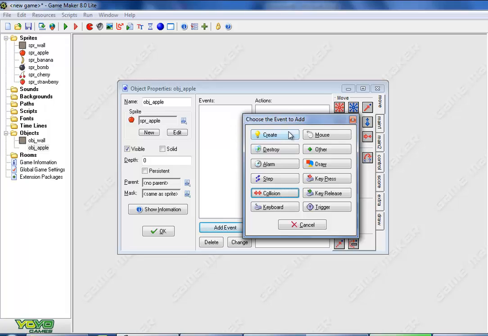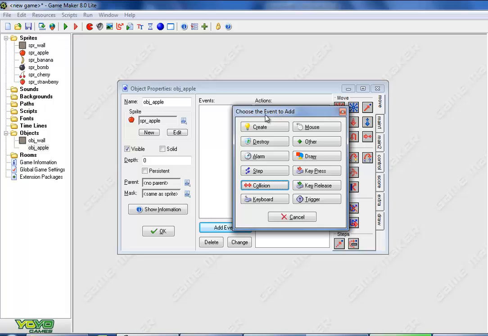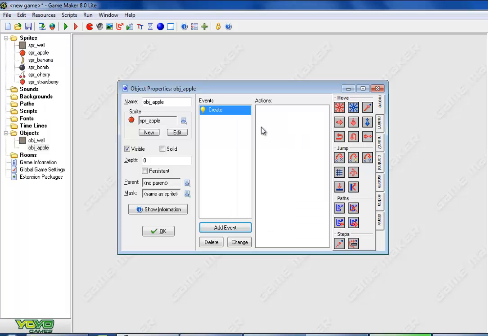So if I click there, lots of different events that you can add to your game will appear. Now I just said we're going to add this create one, but there are others and we'll be using these throughout the tutorials and throughout the games that you make. Create is a really important one, and one that features in many games because it covers what we want to happen to the object when the game is created or when the game loads and somebody plays it. So as soon as they press play, this is what happens straight away before any other interaction takes place. So when I click on create here,